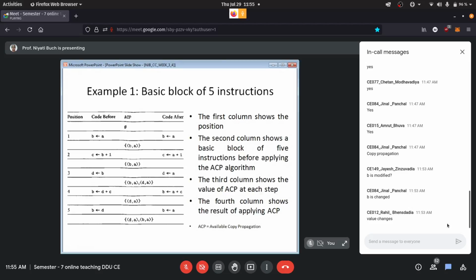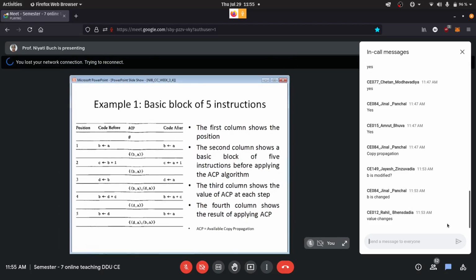This is what we have done locally for one basic block of simple 5 instructions. Now we will see how this same technique can be applied for